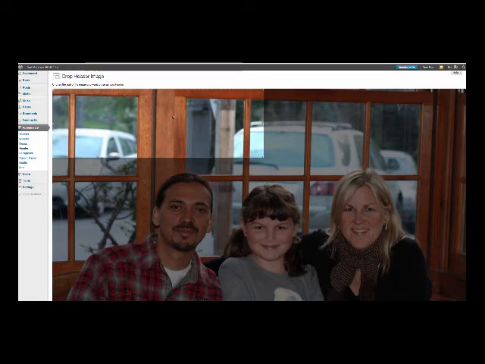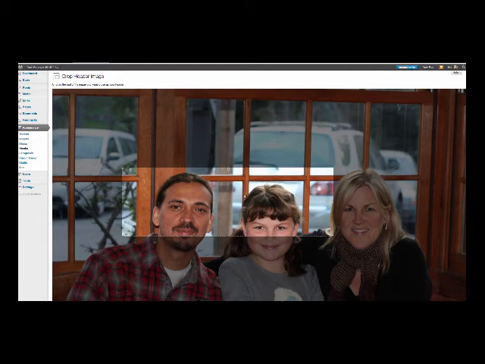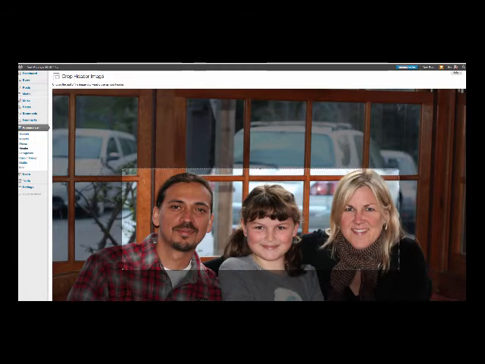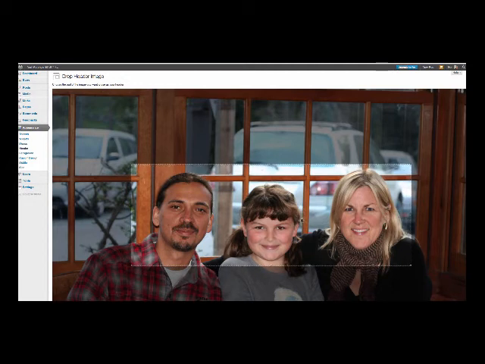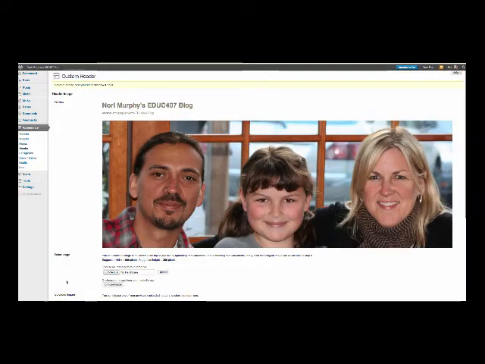Now it's got the right dimensions, and if I keep these dimensions properly, then it will make the banner heading exactly in the right proportion. I'm going to hold the Shift key down, and you'll see it keeps the aspect ratio. I'm going to drag, kind of center Phoebe in there, and then I'm going to crop and publish the new header. Now headers always have to be cropped in some way so they fit right,